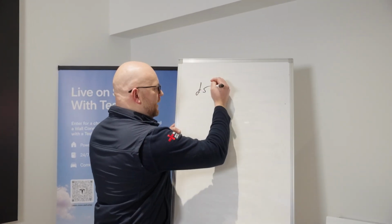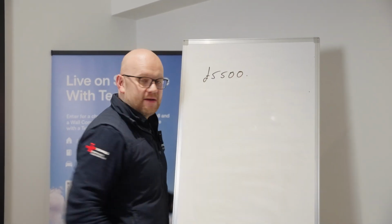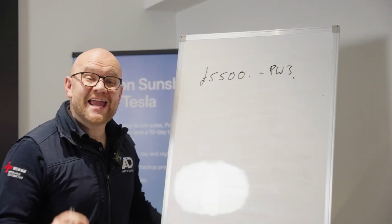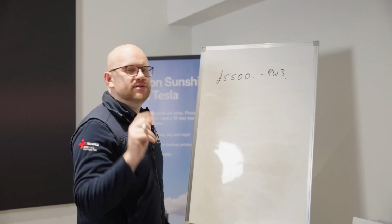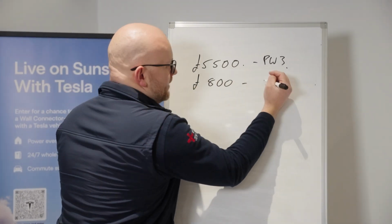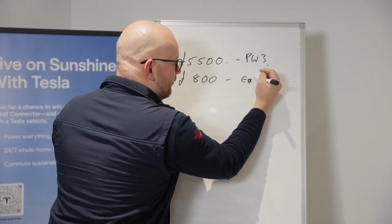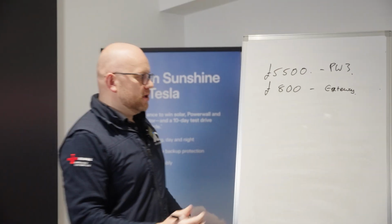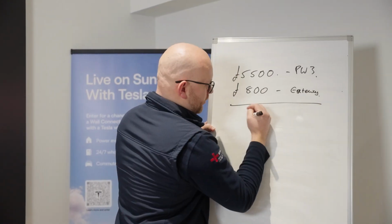So let's firstly start with the cost of the Powerwall unit. This costs a total of £5,500. Apologies for my writing in advance, it's never been particularly good. So that's the Powerwall 3, a leading Powerwall 3, not a DC expansion pack. The next cost we have is going to be the gateway. They're £800. Let me spell gateway right to start off with. So we've got these 2 costs. Now that's going to total, just for the hardware,